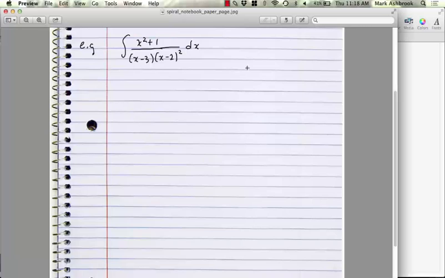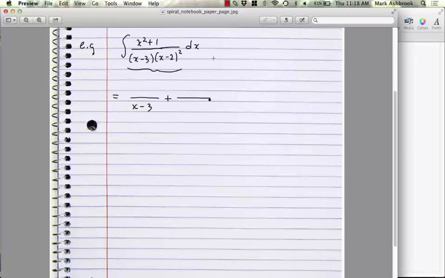Now, the degree of the denominator is greater than the degree of the numerator, right? What's the degree of the denominator? x to the 3, it's cubed, right? Okay. And do we have a product of factors? Yeah, it's already factored for us, so it's all set up. So this fraction right there can be written as something over x minus 3 plus something over